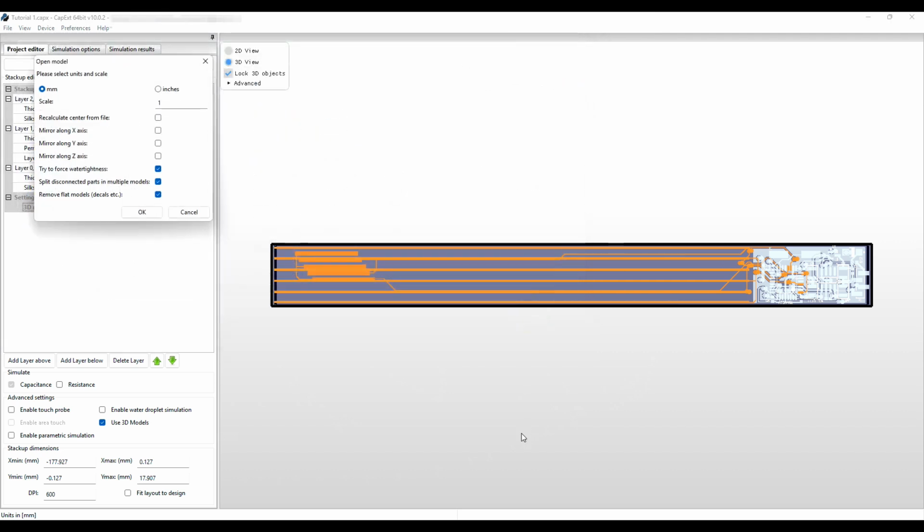Now, the STL file scales different from different CAD programs. We know that with Blender, we need to put in a scaling factor of 1000 for it to scale correctly. Other CAD programs may have different scaling factors. If you import your model and you cannot see it, there's a chance that your scaling factor is just too small and you have to zoom in really far to find it. So this is a setting that you will have to play around with a little bit until you found what works for your CAD program. We click OK,